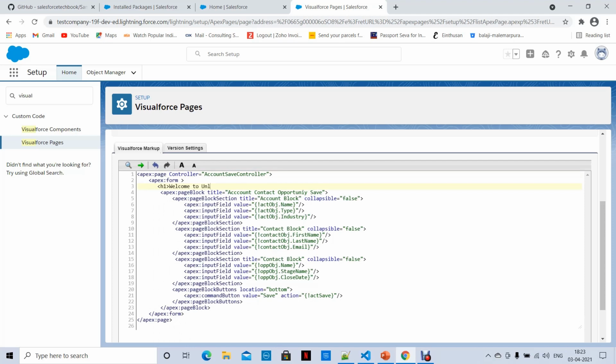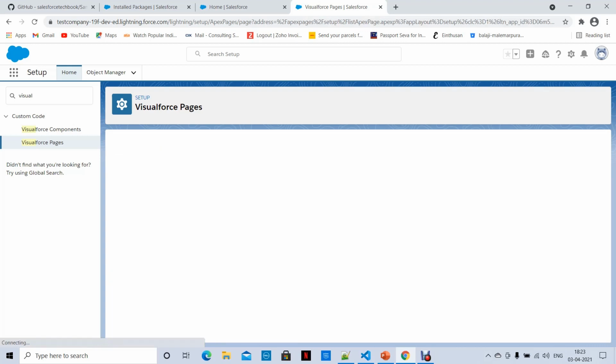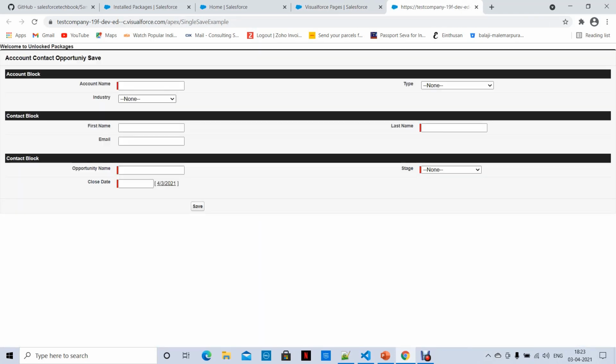Welcome to unlocked packages. See, I just added this point. Preview. You can see this: welcome to unlocked package. That's what I just added. So whatever you want, you can modify.